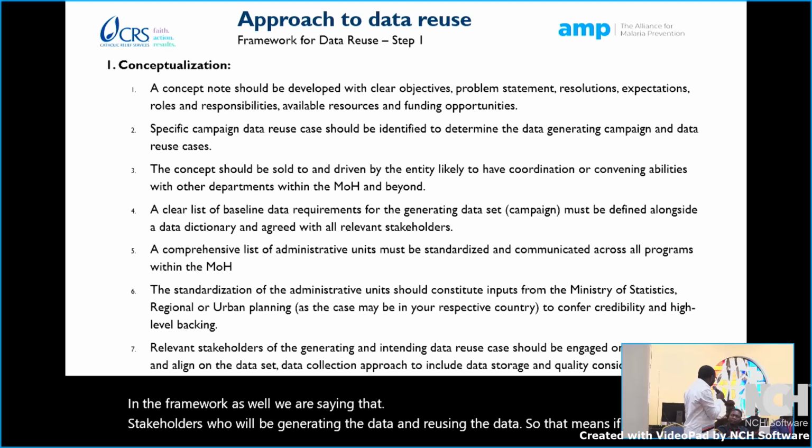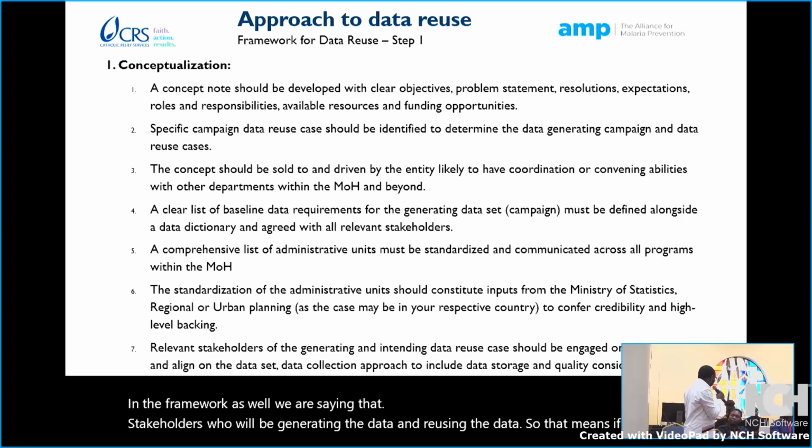Now, provision should be made for the reuse of the data at the end of the review of the data at the end of each campaign. Now, who should be doing the review? Everybody that has an intention to reuse that data. And the reason is because if they have issues of mistrust of the data, if they have things around the data that they obviously don't understand, it is good to give them the time to clarify this and answer their questions and also just walk through that with them.